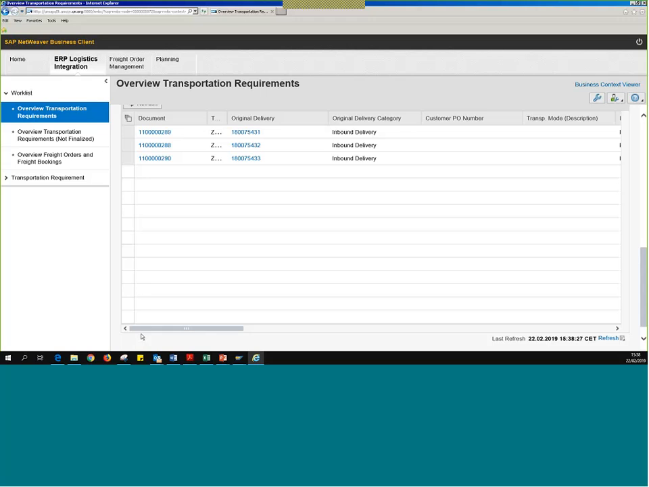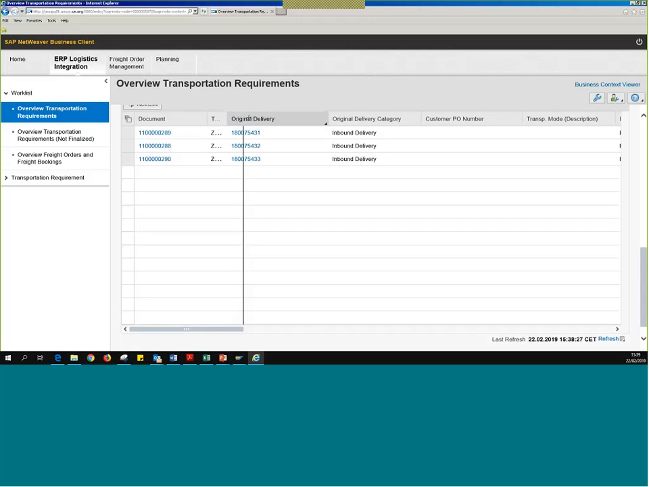So right now we're not looking at the freight order itself. Remember, the freight order is the last part of the process. It's the legs that we've already assigned while we were doing the transportation planning or transportation management. Right now what we're only looking at here, what's called document, is that DTR document. That was generated when the inbound, see the original delivery, the inbound delivery number here was generated. So these are generated automatically. If I make this column a bit bigger here,